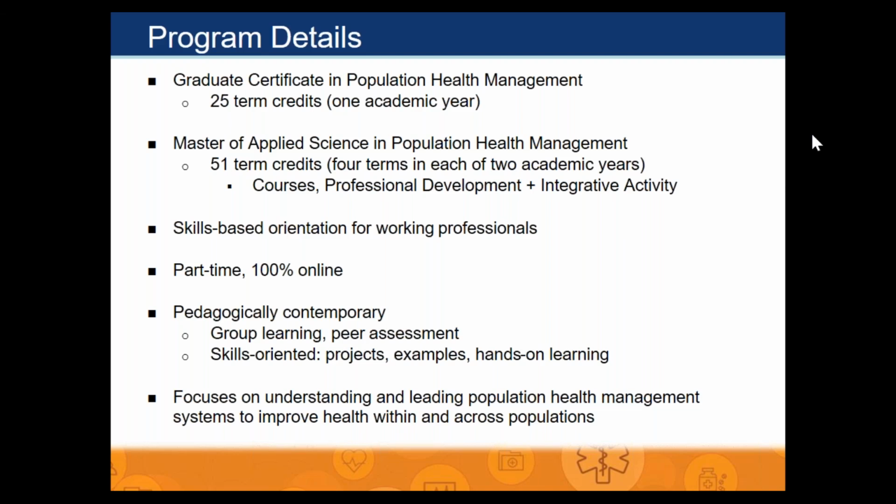You could do it in 2, again, if you took 2 classes per term, or you would have up to 4 years if you took 1 class per term to complete all the credits. These are all, again, related to a variety of courses, which you'll see in a minute in terms of the things that we do cover.